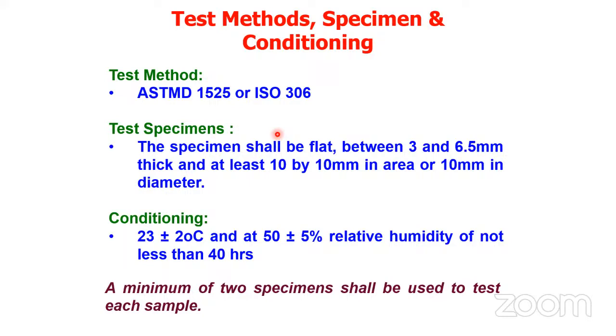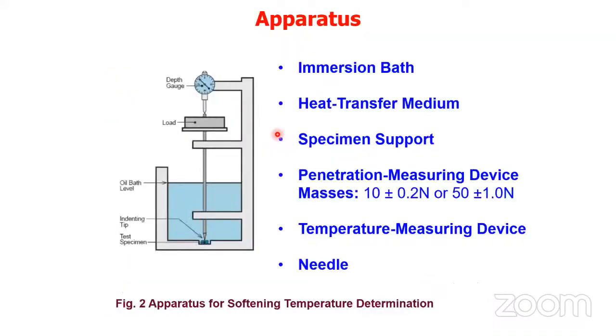Okay, so a minimum of two specimens shall be used to test each sample. This is nothing but the test method, specimen, and conditioning of the samples. Now let's see what kind of apparatus has been used to identify the